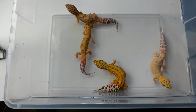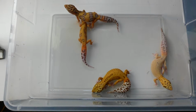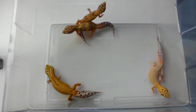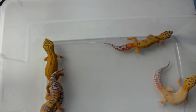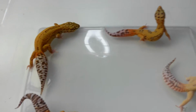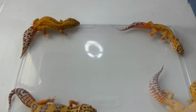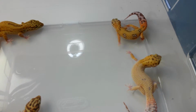They are an awesome mutation to work with. I really enjoy, like I said, their different patterns and different colors that they come in. Since they are the newest of the albinos, there's not as many combinations or crosses as the Trempers. For example, I've yet to see